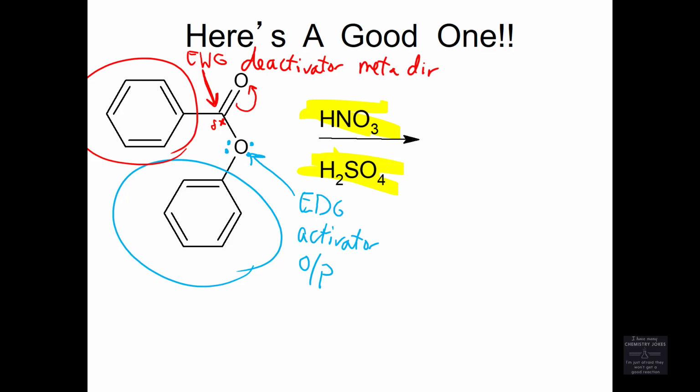So what that tells me is red benzene has less electron density than a normal benzene because it has a deactivator. Blue benzene has more electron density than a normal benzene because it has an activator. So I'm going to add it to the blue, not the red. Yeah? And then, based on steric bulk, I'm going to actually predict that this is my only product formed, because